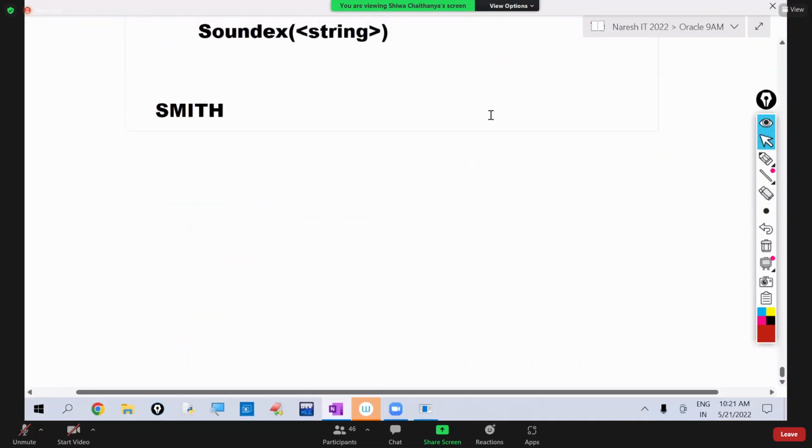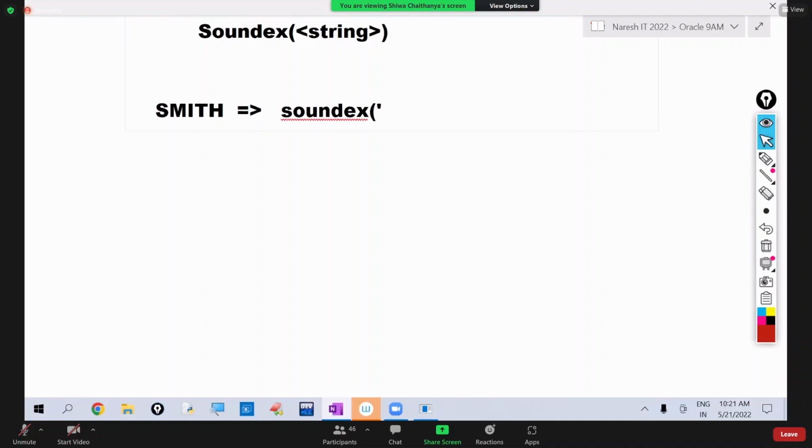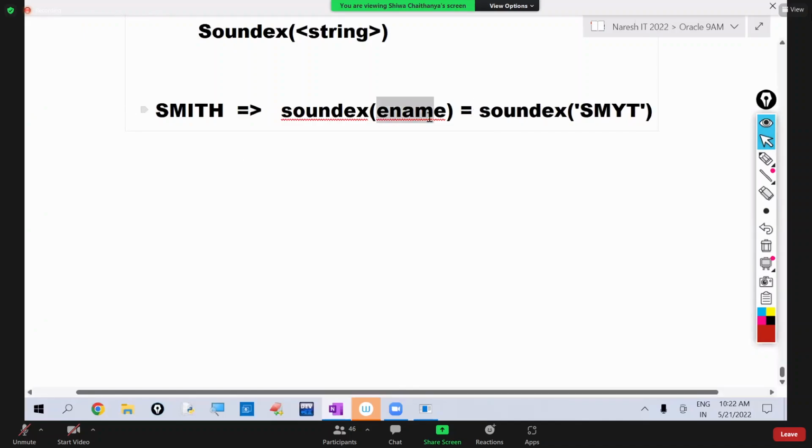For example, here Smith, this Smith exact spelling I don't know. What I am doing is, I am writing soundex of Smith like this. I am writing SMYT. I don't know the exact spelling, so I am writing SMYT here. So if soundex of ename is equal to soundex of Smith, if the employee name is sounding like Smith, pronouncing like Smith, that retrieves the